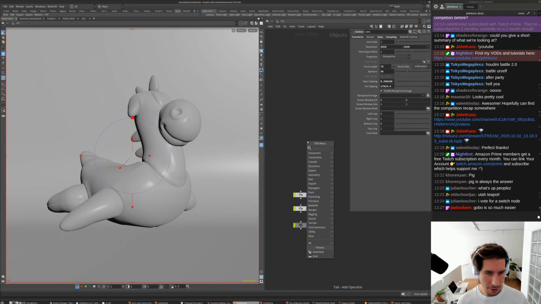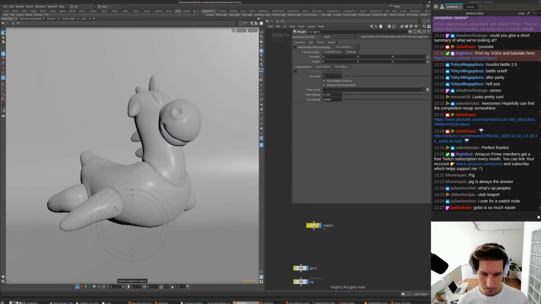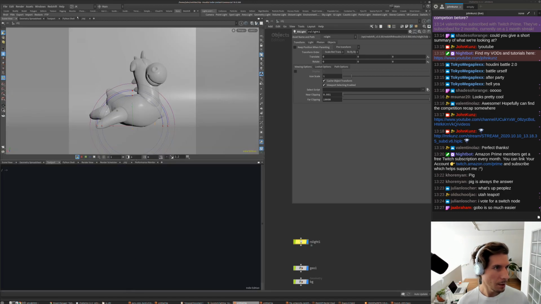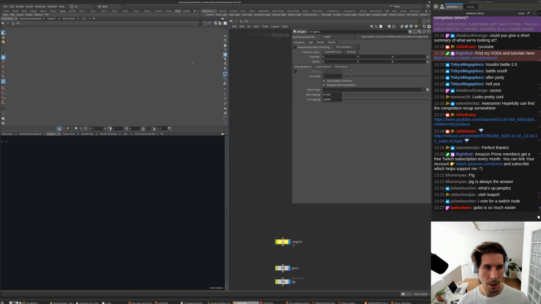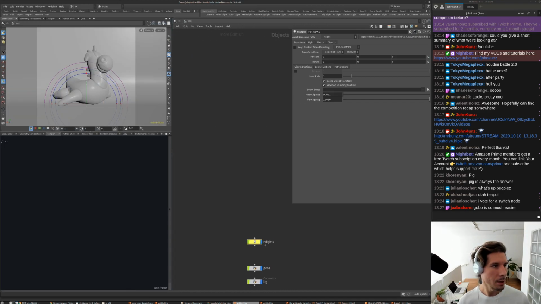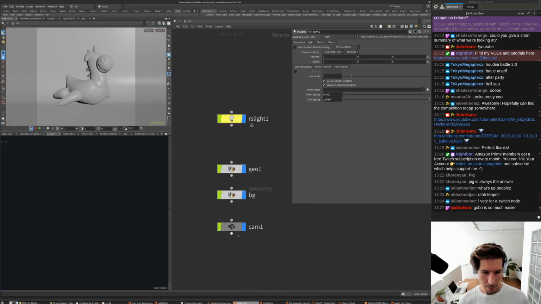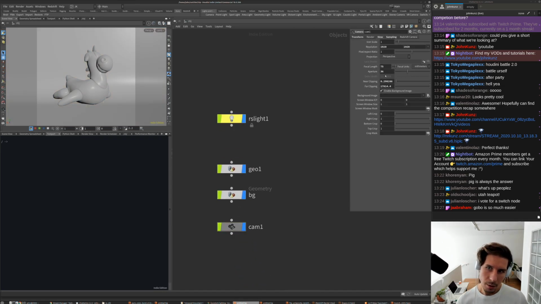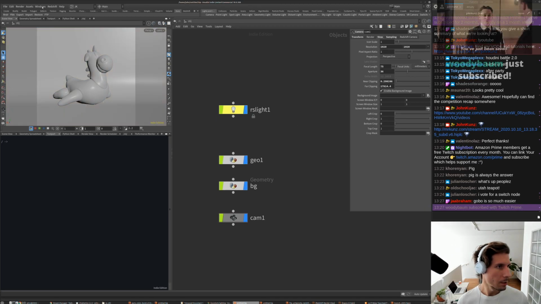So yeah, we'll just put down an RS light. And let me think about this here. Okay. Just pop this thing up. Resize windows. And maybe like, all right. Just add a